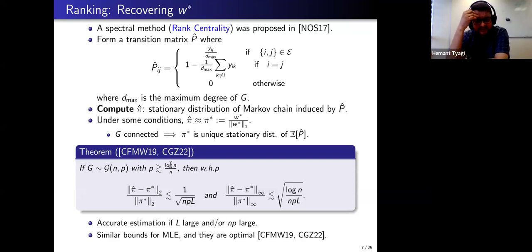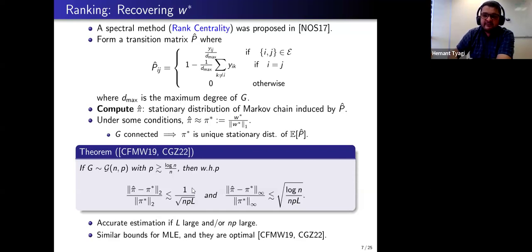And the result says the following. So this result is specifically for an Erdős-Renyi graph. If your graph G is an Erdős-Renyi graph with parameter P, and an Erdős-Renyi graph is simply a graph where each ij is a Bernoulli random variable with parameter P, and all the edges are IID. So if your graph is a random graph, an Erdős-Renyi graph, and your P is greater than log n over n with a suitable constant so that the graph is connected, then with high probability, you have this L2 error